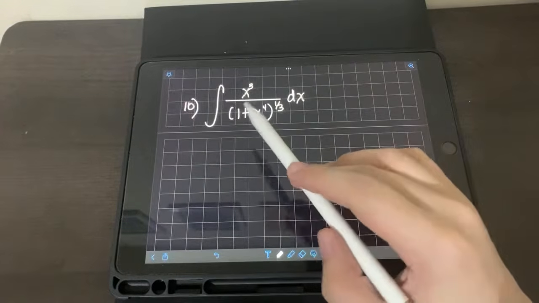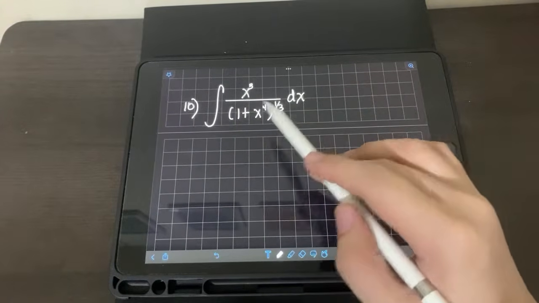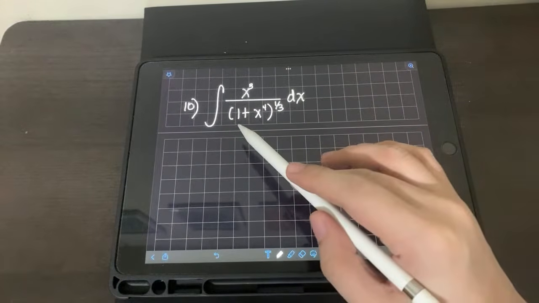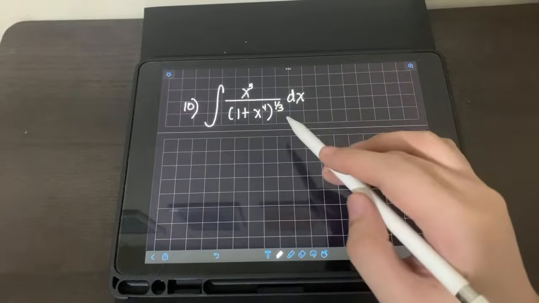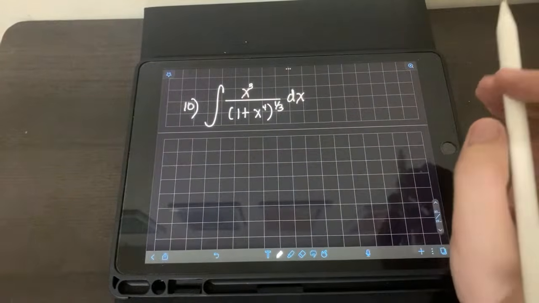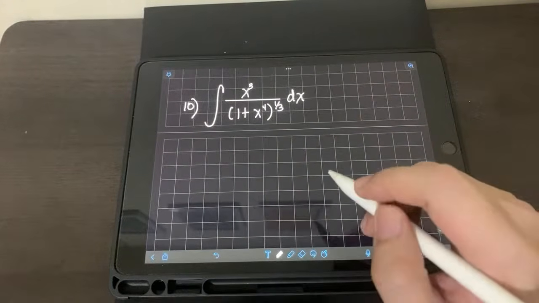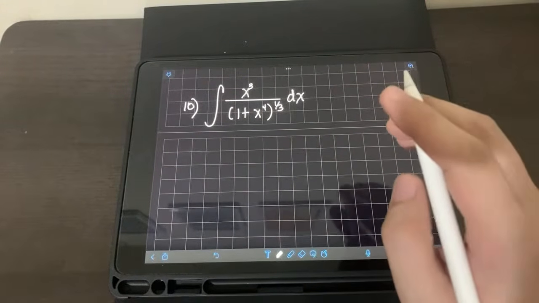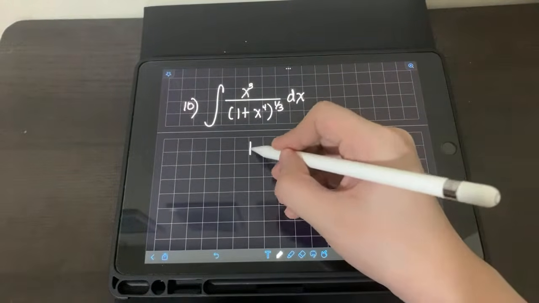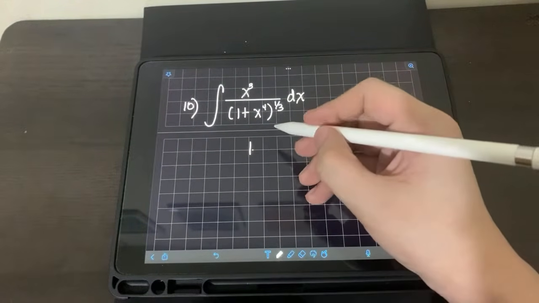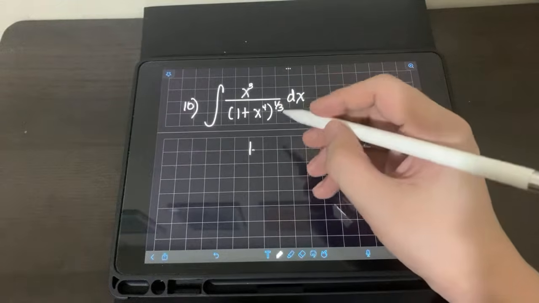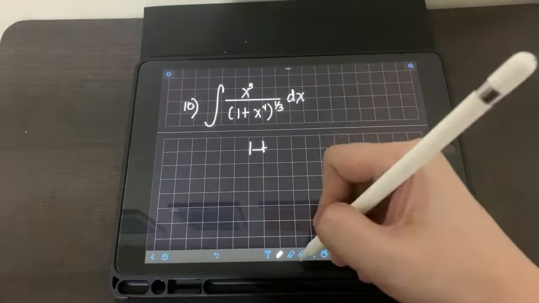Okay, so this time we have integral of x cubed over quantity 1 plus x to the fourth raised to 1/3 dx. Okay, so we can apply again U-substitution. So what do you think is the best U that we can have? So obviously, the more complicated expression is